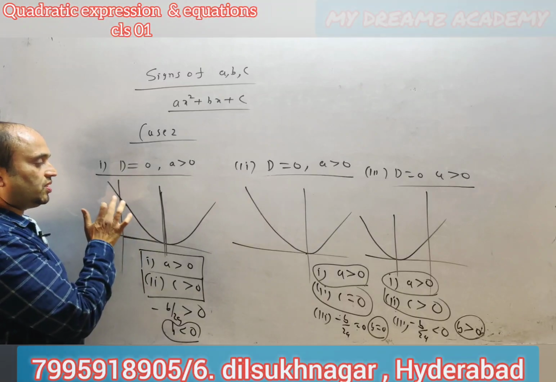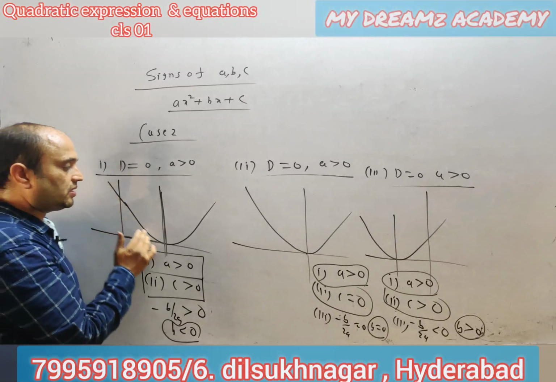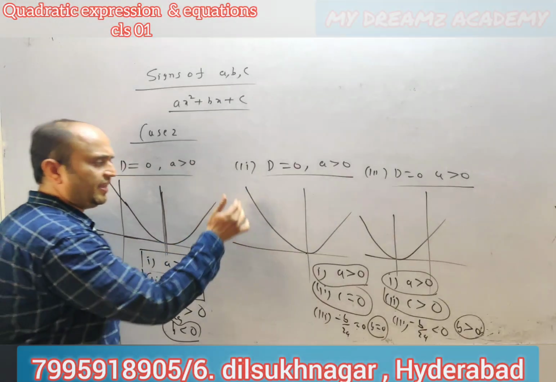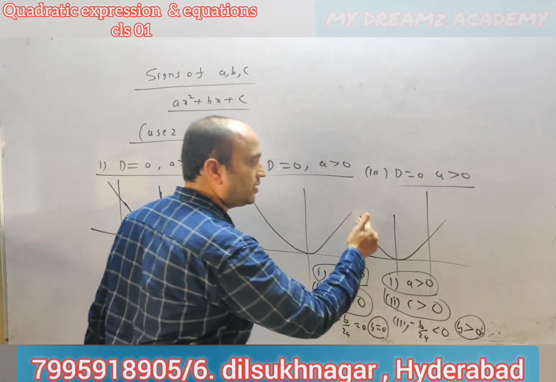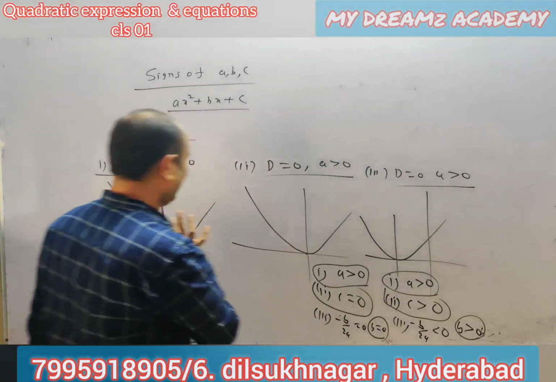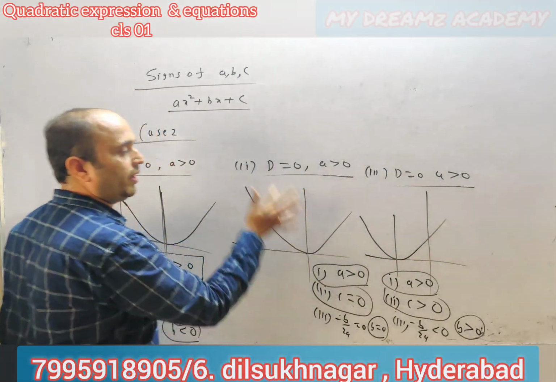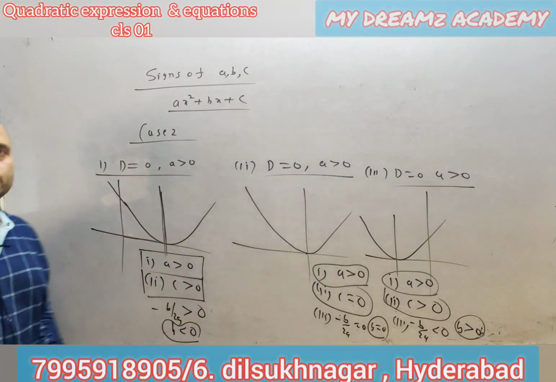Three cases. First, our curve lies on the x-axis in the first quadrant. Second case, our curve lies on the y-axis. Third case, our curve lies in the second quadrant. This is the first quadrant, second quadrant, y-axis. These are the different cases.